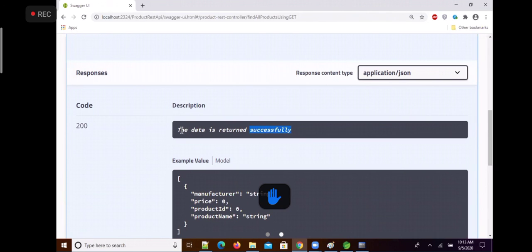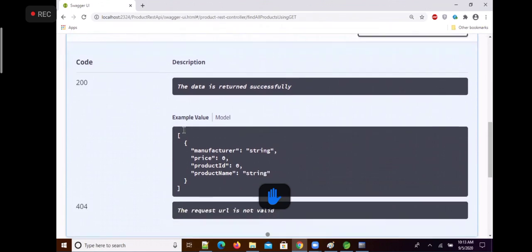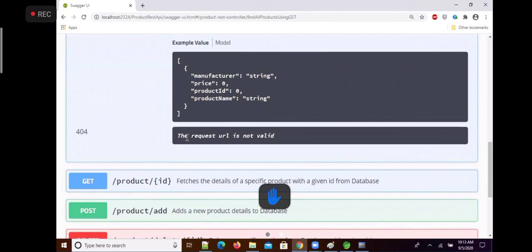Previously you were getting just OK here, but now we customized it with the ApiResponse annotation. For 404, normally you get the default not found, but the description we changed: the request URL is not valid. Like this you can use ApiResponses.